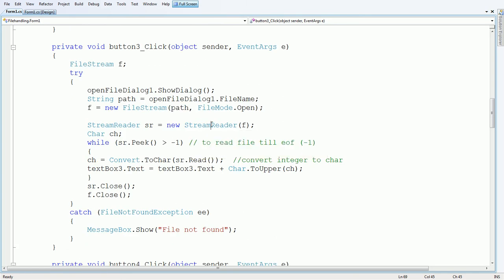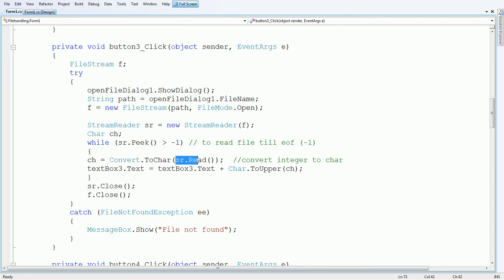We want to read the file, therefore use the object of StreamReader. Here declare one character variable because we want to read character by character. For reading the file character by character, we have the Peek method. The Peek method is used to read a single character till the end of file. Whenever the end of file is reached, -1 is returned, and whenever the value is greater than -1, print the characters one by one.